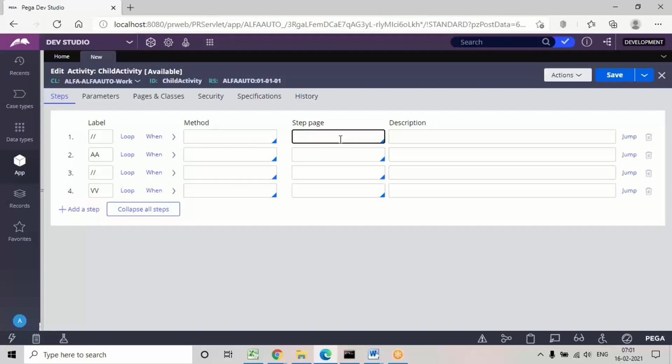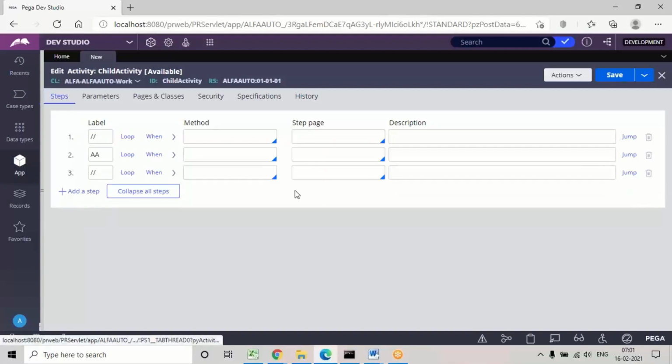Two purposes will be there. Today you'll understand one case, and in other scenarios you'll understand more about the step page. Today I'll show you the use of step page. These are the options you'll get in every step here, but only if the requirement is there will we fill these parameters. If the requirement is not there, no need to fill every parameter. In every step the method is mandatory. All the remaining options in every step are optional. Only in case of requirement do we have to define them, otherwise they are not required.